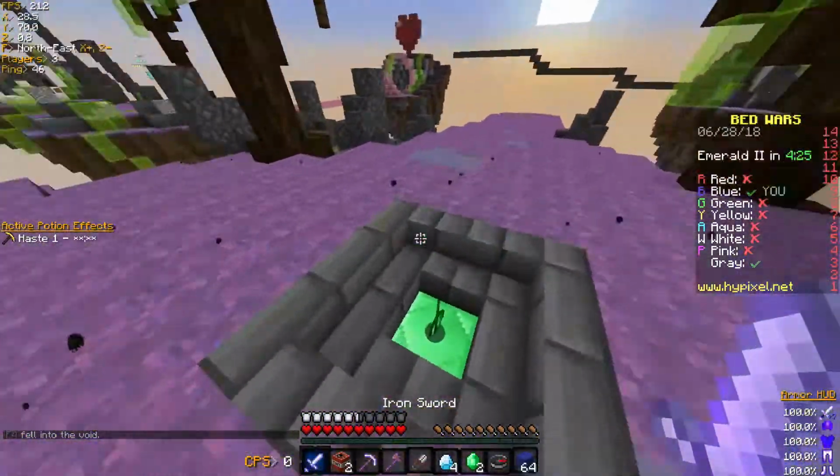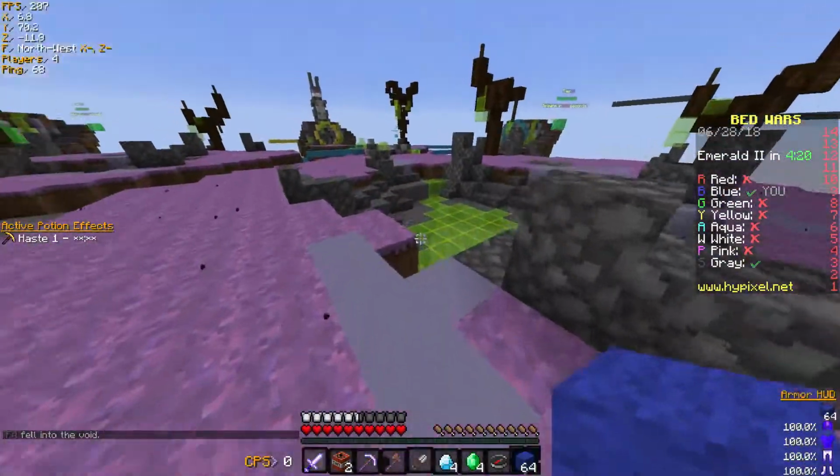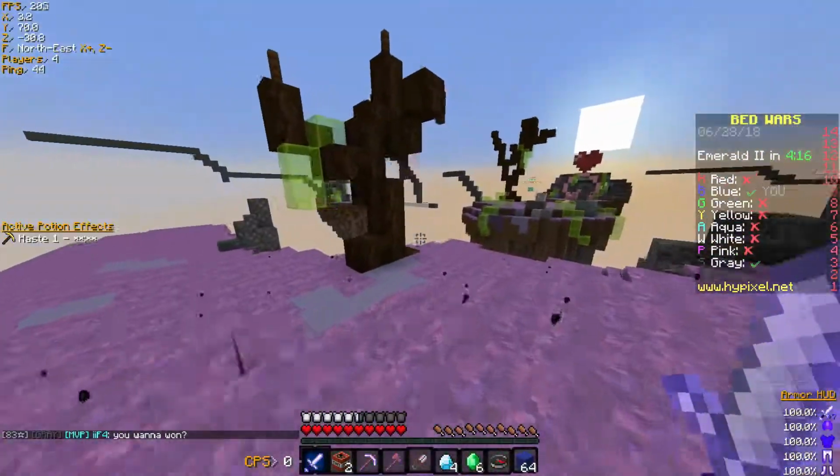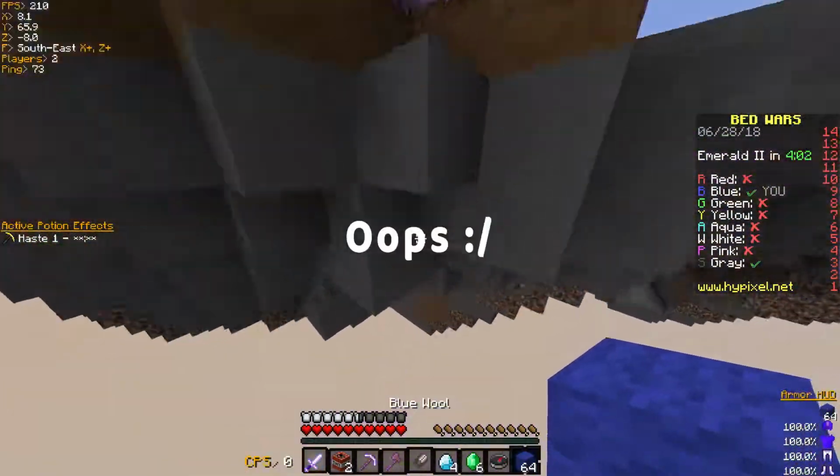It really gives a variety to your bed protection and will allow a player to take lots and lots of time destroying your bed. Now, it looks like we only have gray left to kill. I don't even know where they are. I see their base. Okay, so